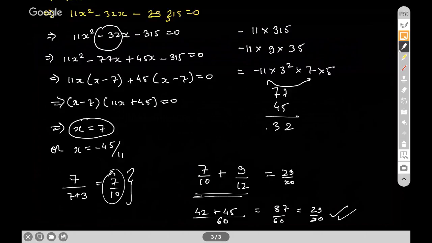This was a previous year question paper question. So these are usually the questions which are asked in the quadratic equation topic. Let us take a few more and see whether we are okay. Okay, so let me solve another problem, which is